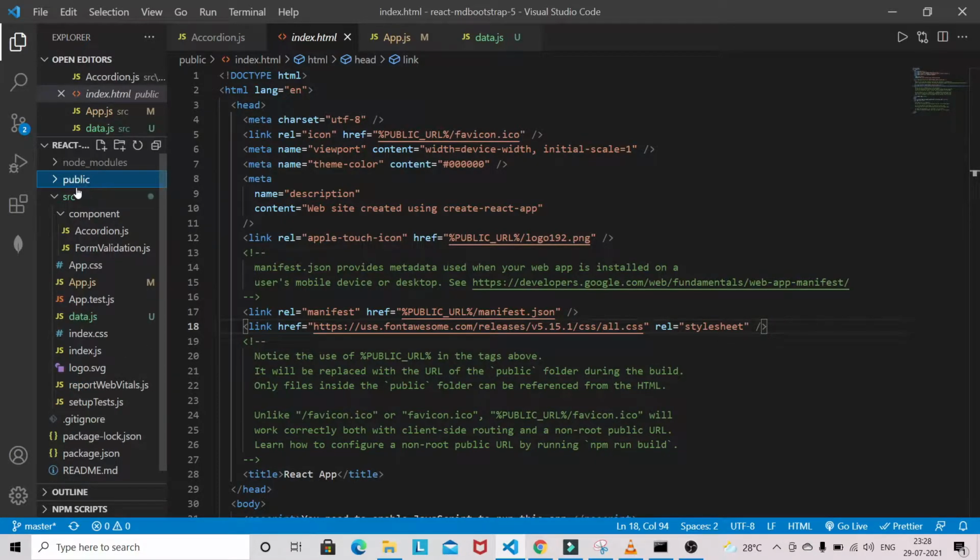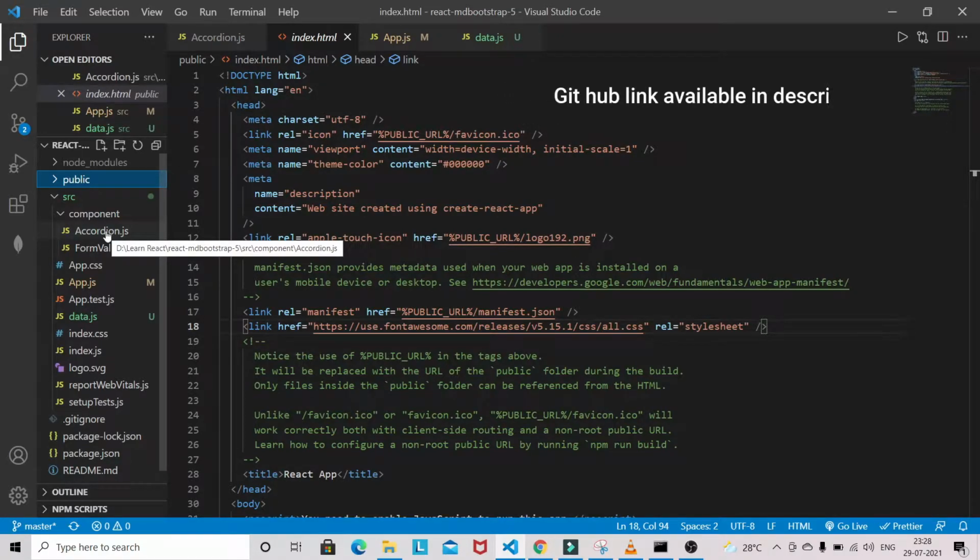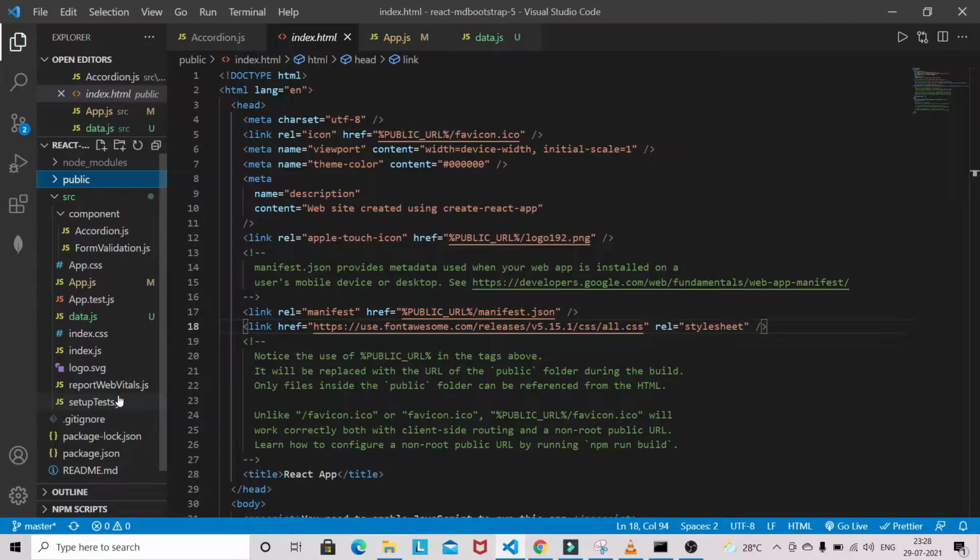So you don't have to worry about all this. I will provide the GitHub link in the description. If you want to know how we set up Material Design Bootstrap Hive, you can watch the first video in this series.